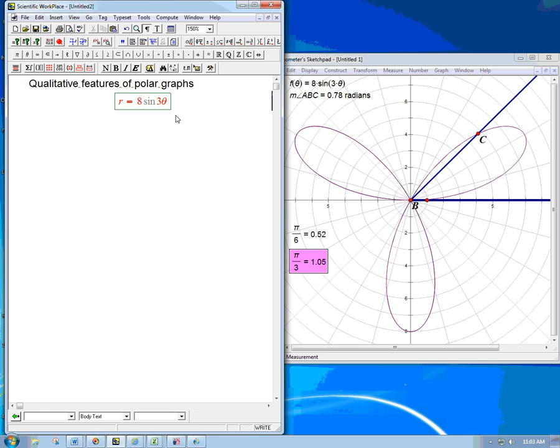Let's talk about qualitative features of polar graphs. Here I've graphed r equals 8 sine 3 theta. It turns out to be a 3-leafed rose, and we want to be able to explain why that's true. We're not going to do necessarily a lot with this, but we want to be able to understand the basics